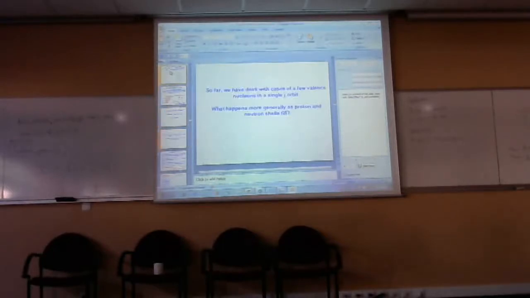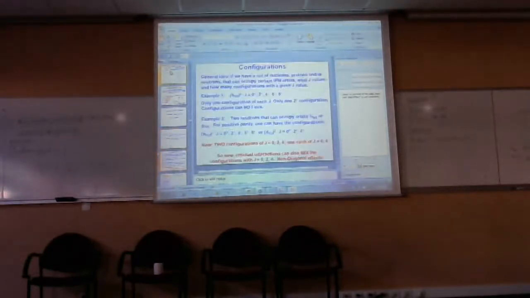Okay, so far we've dealt with cases of a few nucleons in a single j orbit. And we talked about residual interactions affecting the energies of those levels. What happens when we start filling proton and neutron shells with more and more particles? Okay, so first let's talk about configurations. If we have a set of nucleons, protons or neutrons, that can fill certain orbits, the question we immediately have is